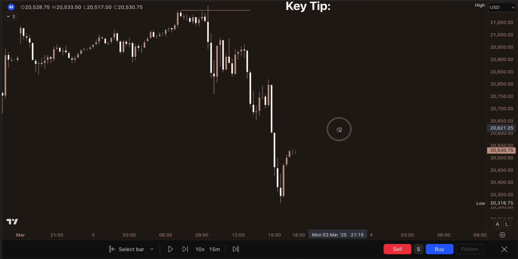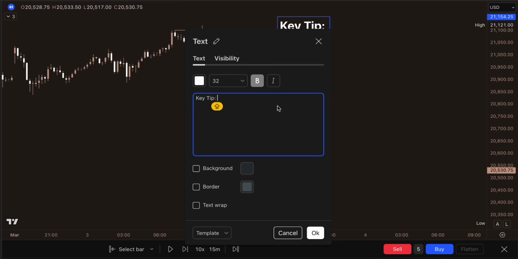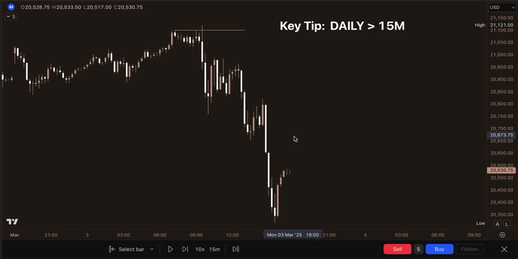Is there anything else? No. That's all. Actually, let me add to the key tip. Notice we used a daily and then we used the 15-minute. That's the two-step process of using the daily range and using the 15-minute market maker model. In this case, it was the market maker sell model to find entries and validate that higher time frame range,